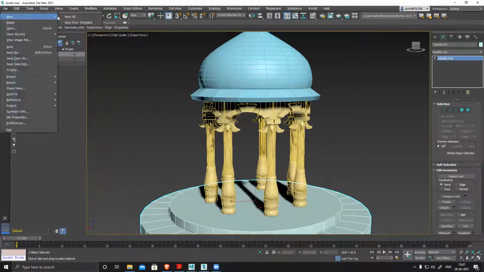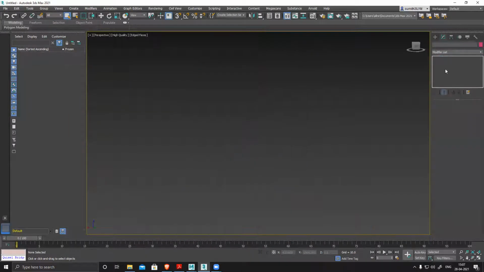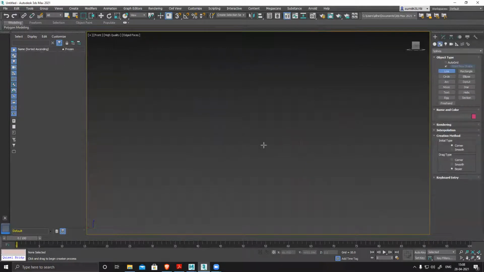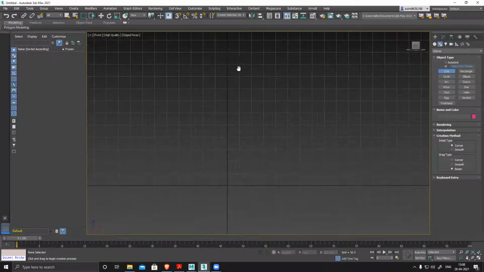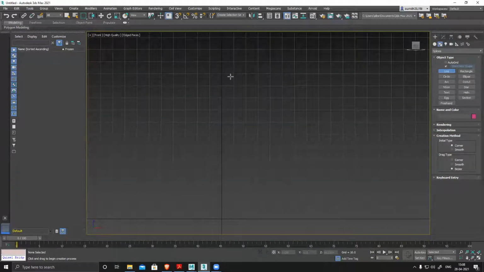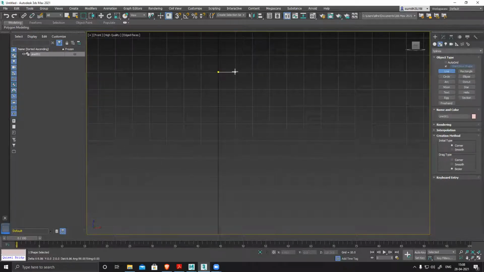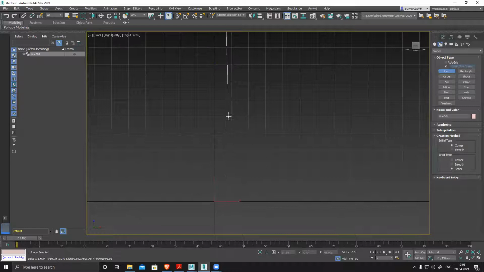So let's create something like this. You should see what we're doing. Front grid, the grid is on. Now I want to create a pillar. I don't have anything to refer to as of now, so let's create something.